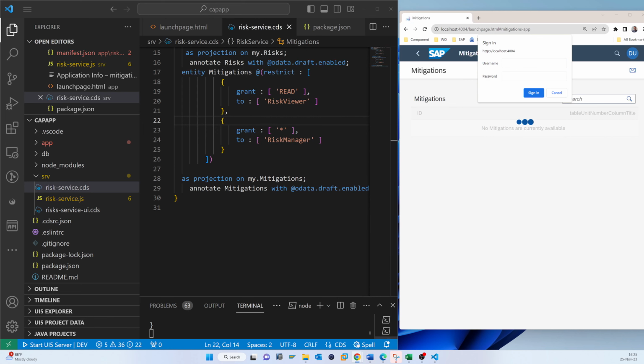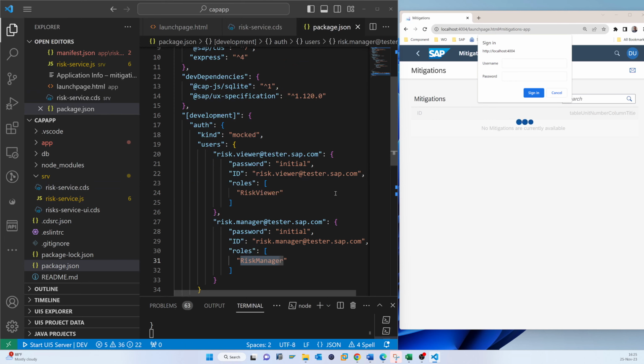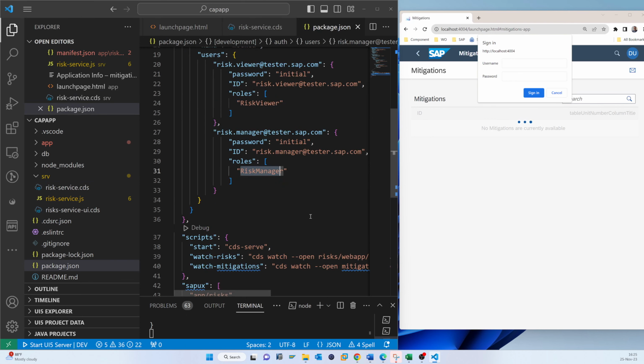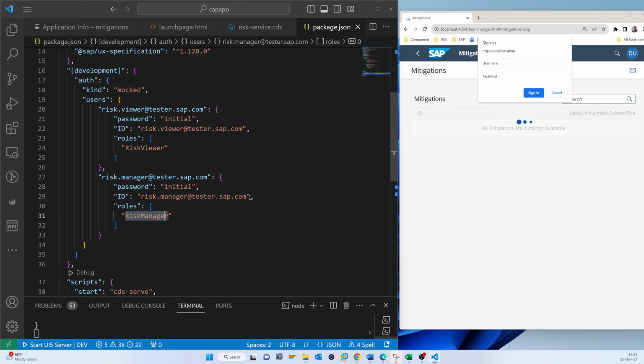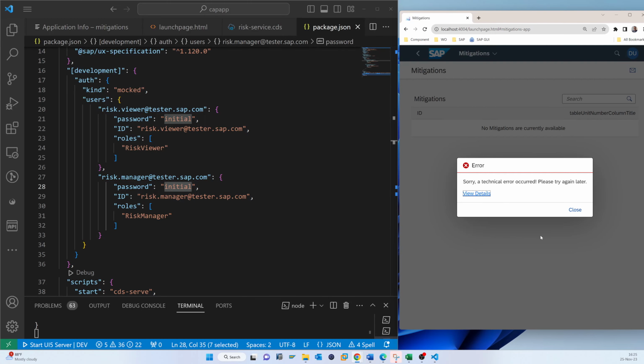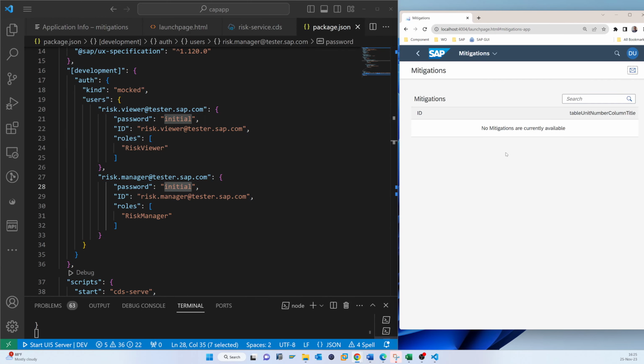access. So now if we go to the package, and that is for the risk manager, so if we put the user, that is basically the manager, and if the password is this, try to log in. So the login is incorrect